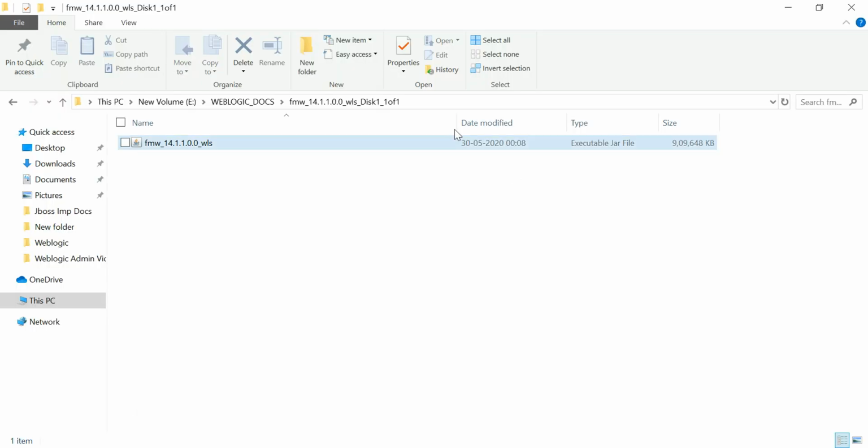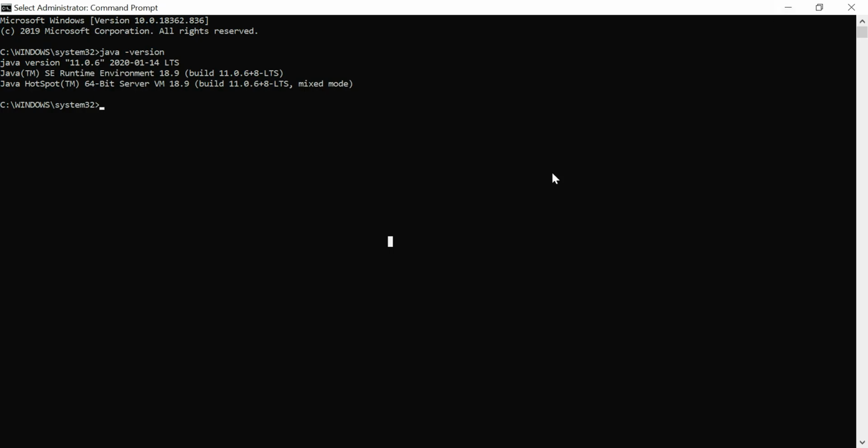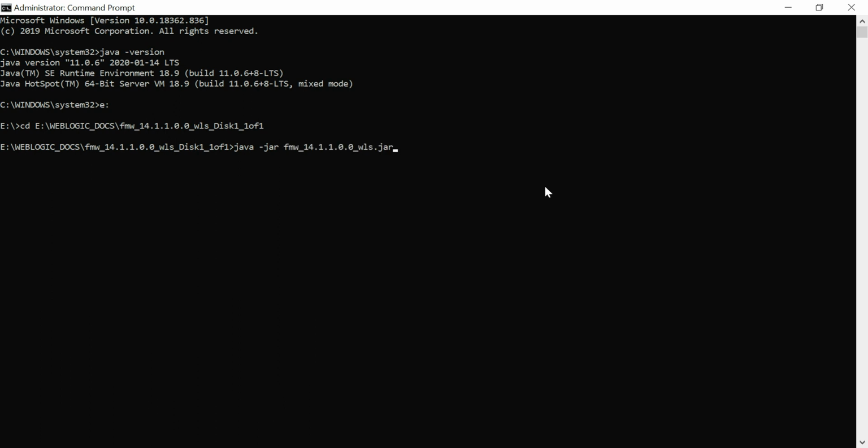Just go to this path. The command to run the jar file is java -jar fmw jar file. Just extract it.